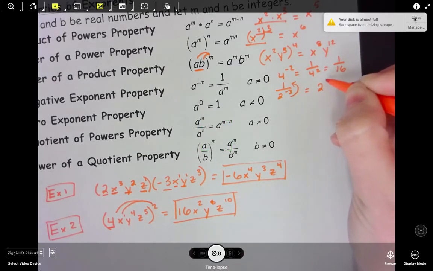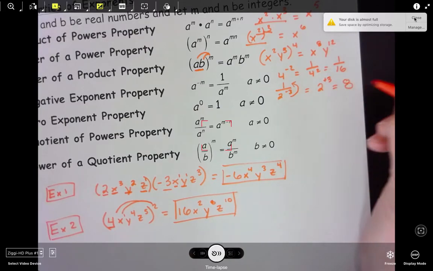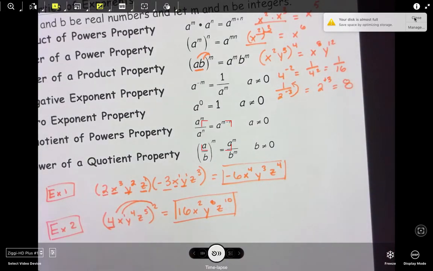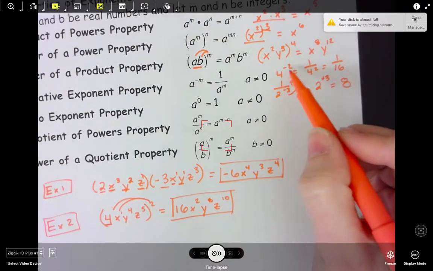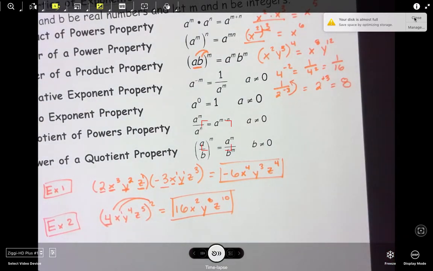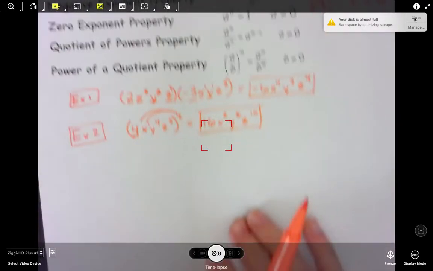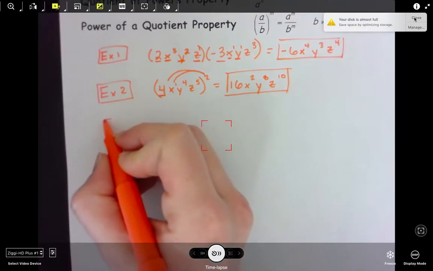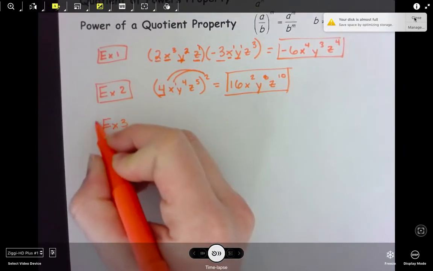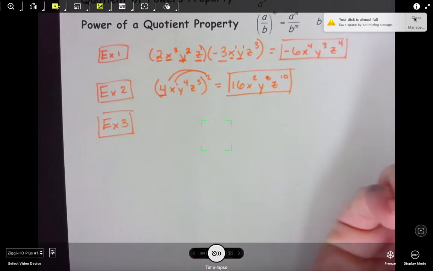So that will become 2 to the positive third power, or 8. 2 to the third power becomes 8. So I can move those either to the denominator or back to the numerator, depending on whether they have a negative or positive exponent. So a harder example that goes with that would be something that looks like